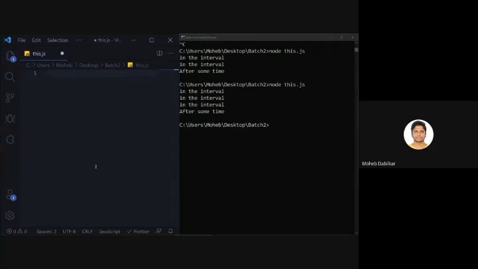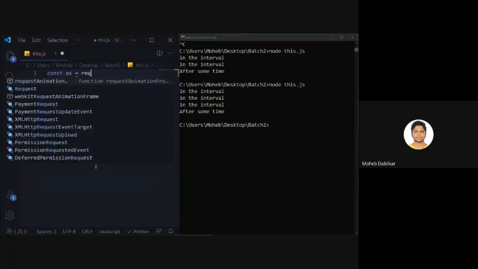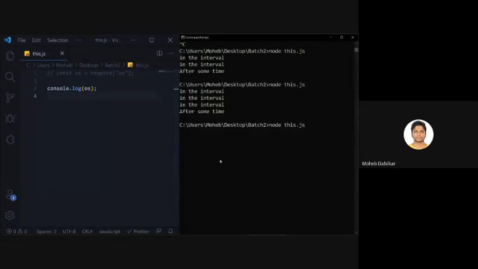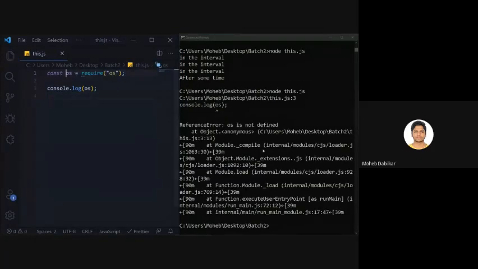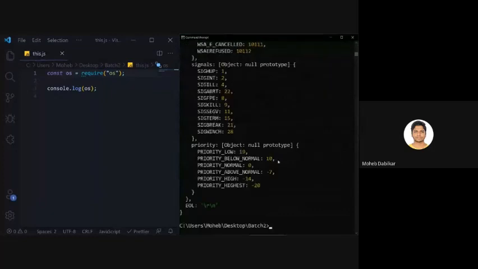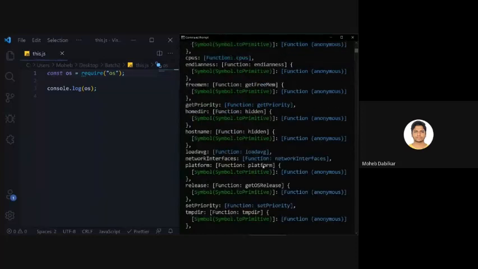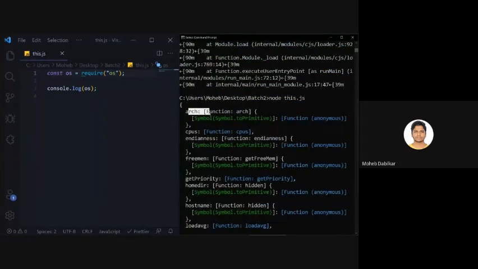What you want to do after this is see your OS. Node.js also provides you with the OS module, which is the operating system module. Now if I say console log OS, it is not imported by default. So if I comment this out and try to run it, it says OS is not defined. So you need to import it. When you are on a server, you don't need to do that. The OS object gives you details of your operating system.